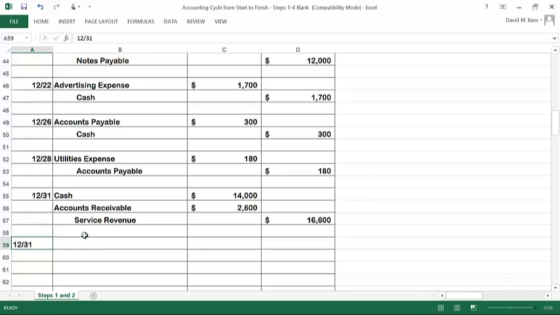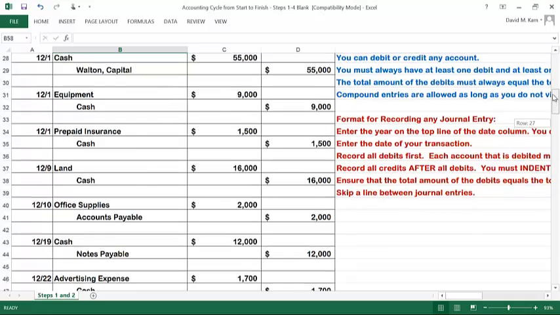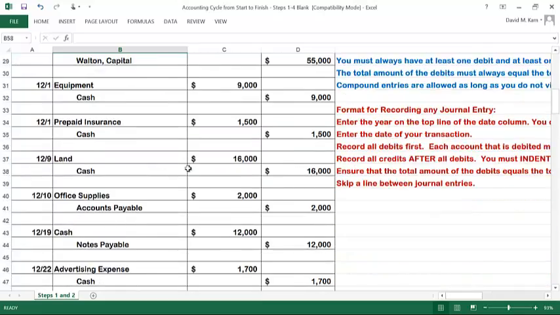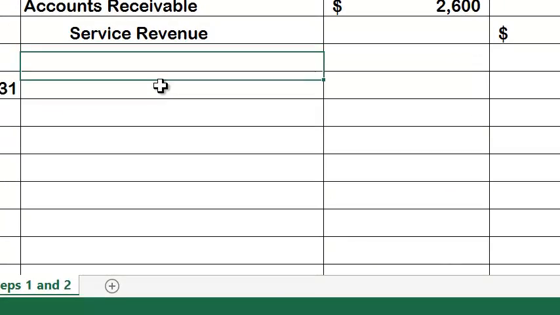Let's go to the second entry on the 31st of December. And it tells us here that we paid employees salaries of $3,800 and building rent of $1,300. They specifically in this case tell us to record as a compound entry. Okay, so let's think about what these would be. Salaries and rent, both of those would be expenses that we've incurred in this accounting period, and we need to recognize both of those. Remember, we increase expenses by debiting them, so we will debit salaries expense,